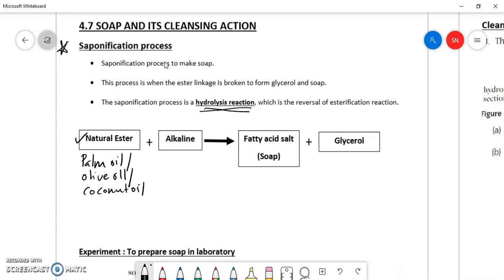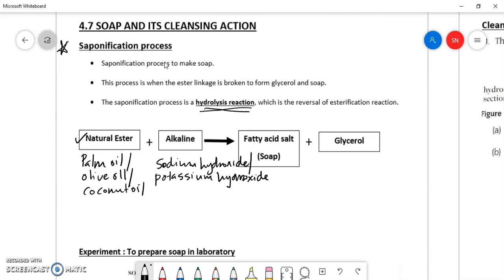Alkaline, basically two types are used for this process, either sodium hydroxide or potassium hydroxide. Right, so either one, not both: sodium hydroxide or potassium hydroxide. All right, so the natural ester, as we listed, can be palm oil or olive oil, coconut oil, any plant-based